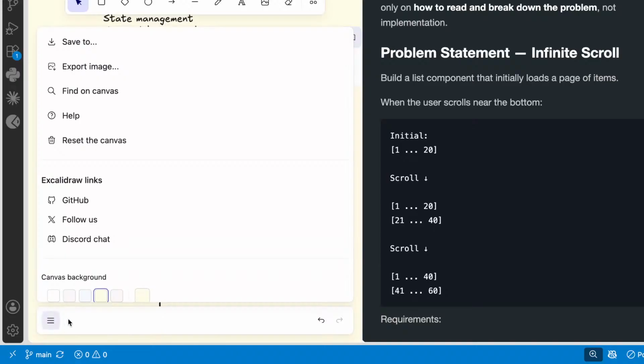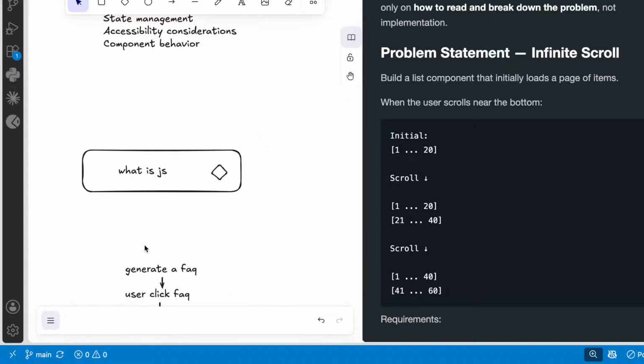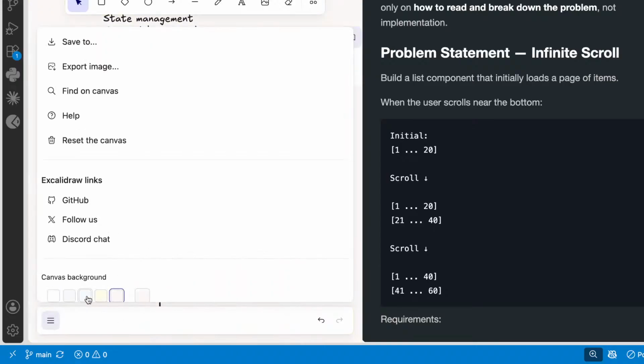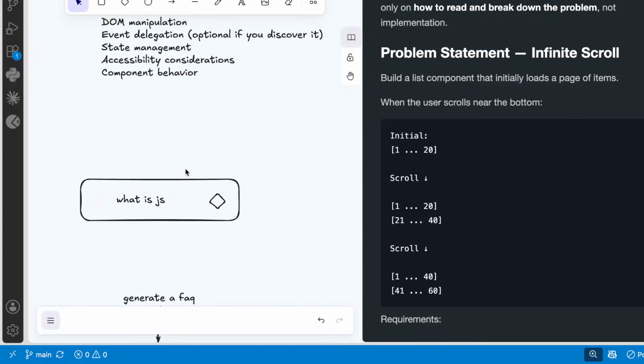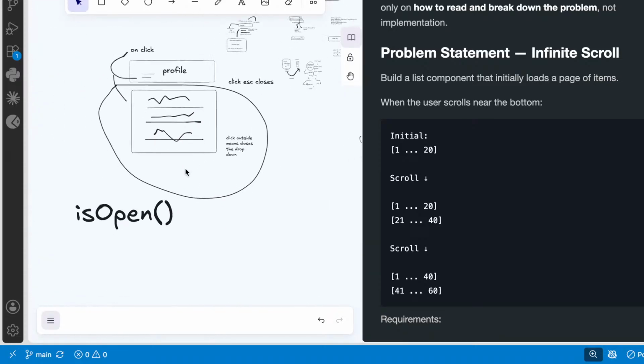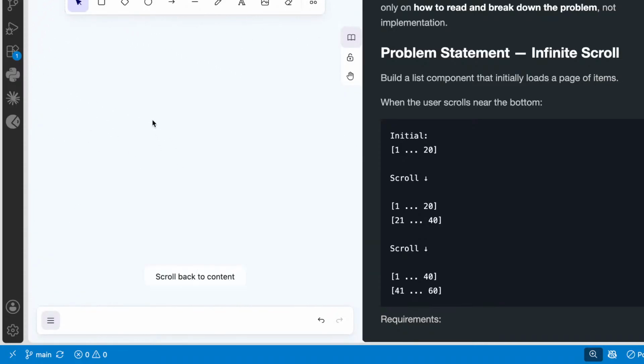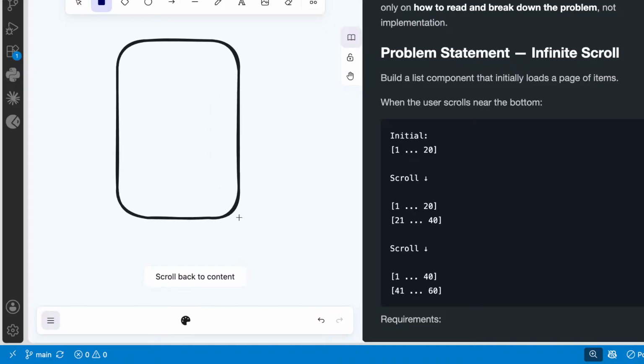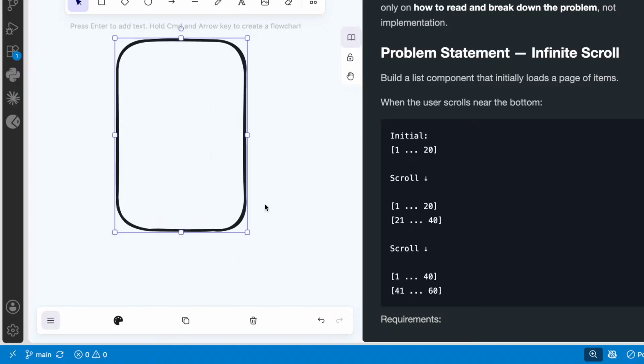Let's have a little color combination. What we are practicing today is infinite scroll, right? So suppose this is a screen. We have to build a list component that initially loads a page of items. When the user scrolls near the bottom,